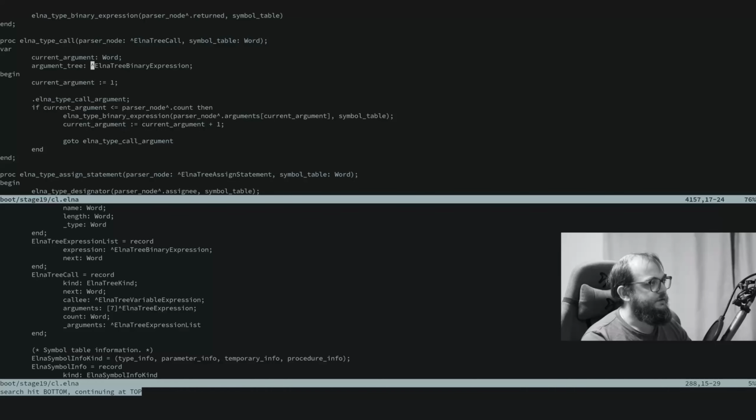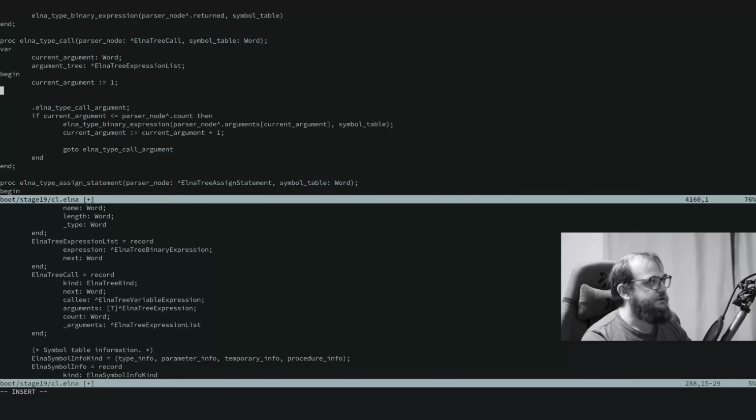Yeah, let it be expression list, and we assign argument 3, we assign the parser node arguments to it,